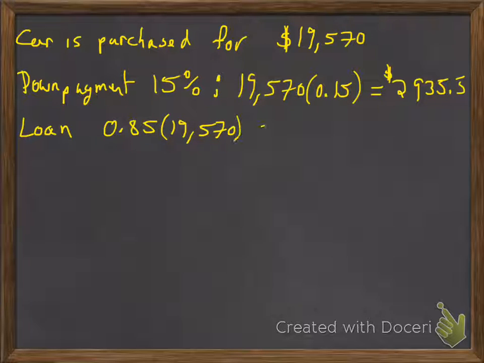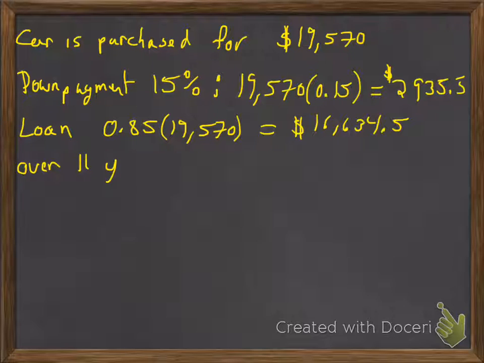and to figure out what's left, there's two ways of doing that. You can take this $2,935.50 and subtract that from the purchase price of $19,570, or if we've paid 15% down, there's 85% left. So we can take 0.85 and multiply it by the purchase price, and that's going to give us $16,634.50. So that's how much we're going to be loaned, and this is going to be a